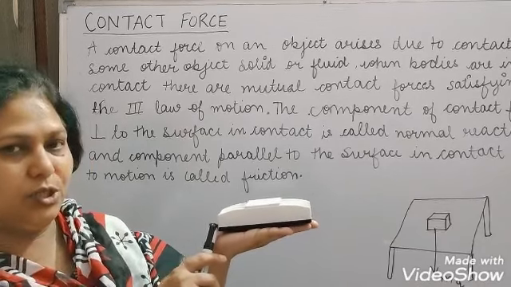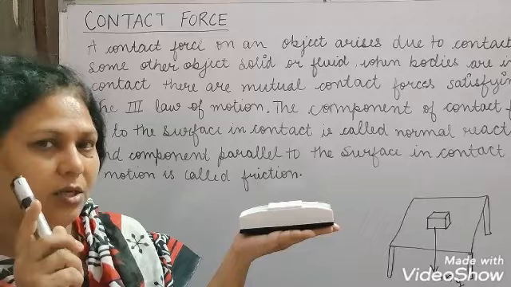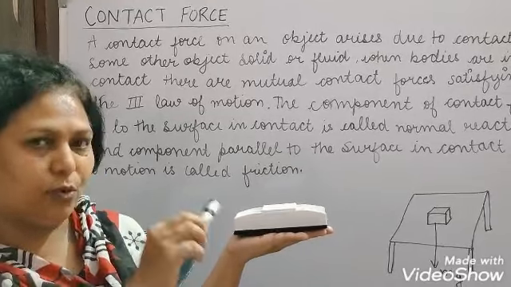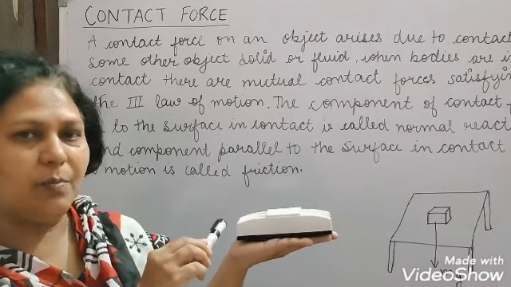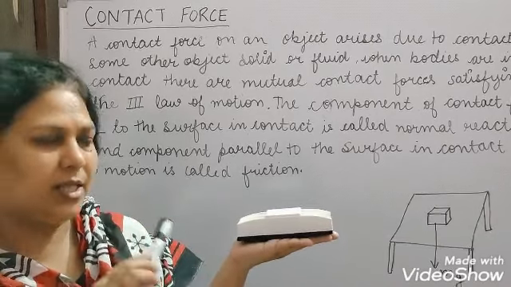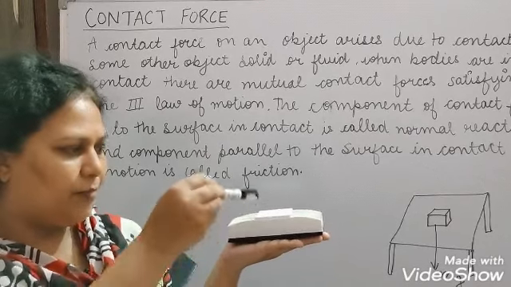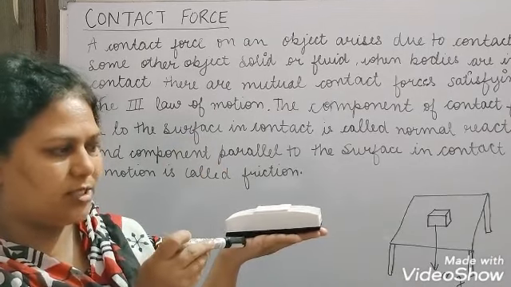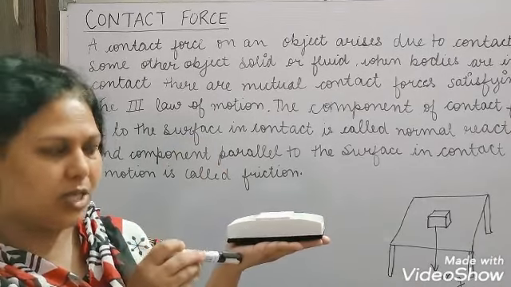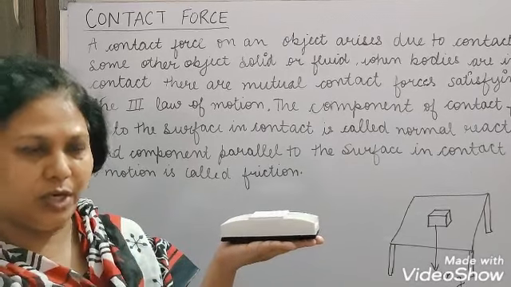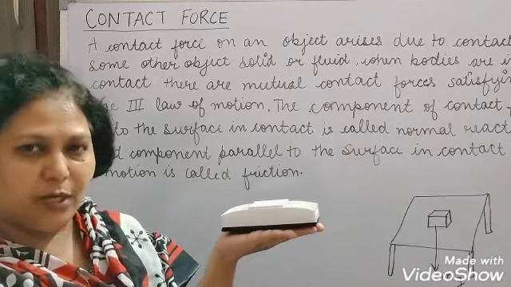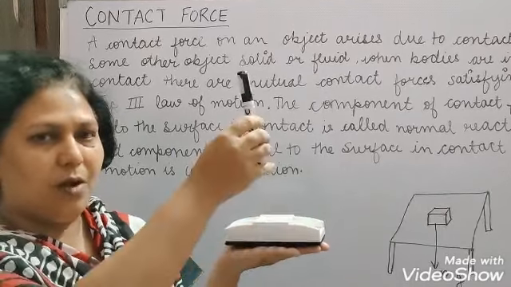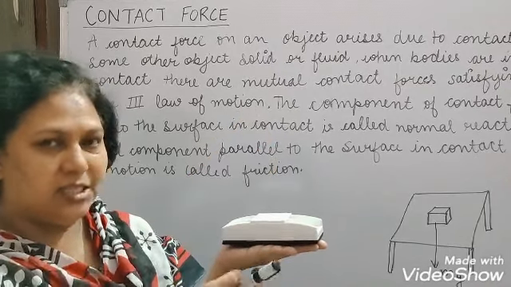So when we are talking about force here, as you have seen, the duster is in rest position. That means it is not moving, it remains in this position. So the forces working on the duster are balanced forces. The weight of the duster is working perpendicular downward, so some force must be balancing it, working opposite to it, perpendicular upward, and that can balance mg.